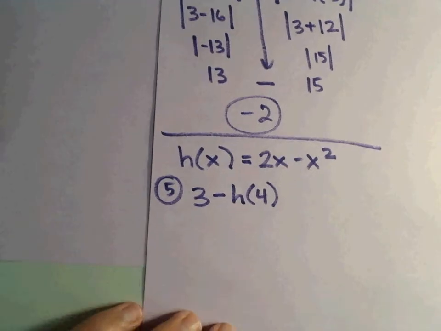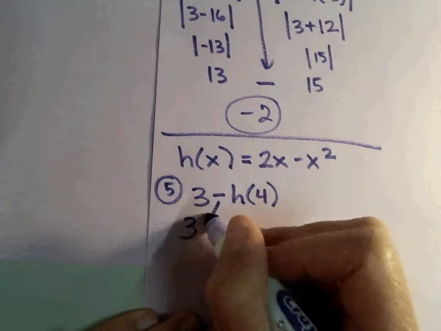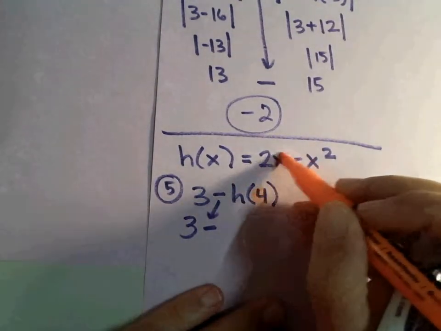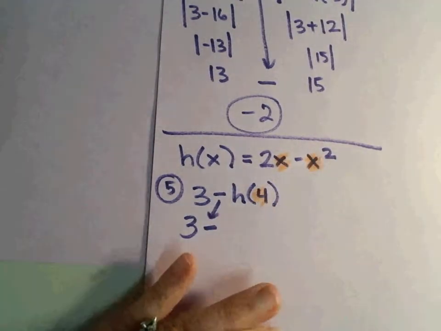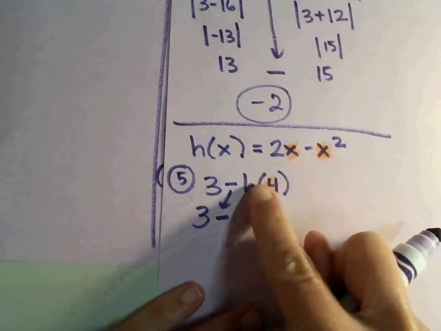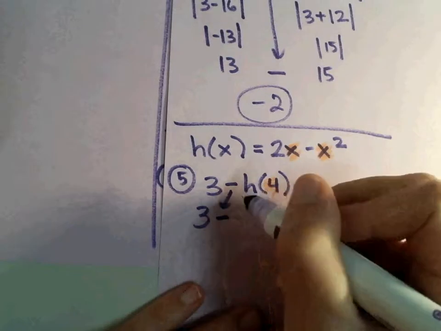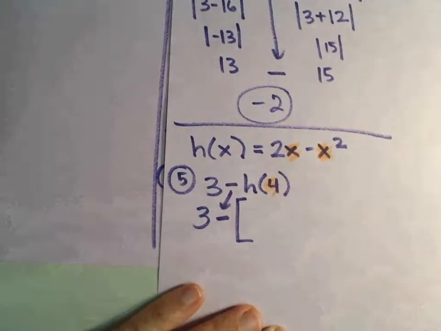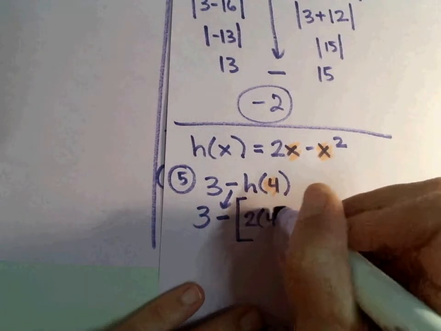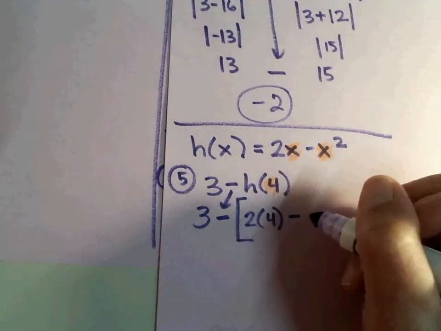So 3 minus, I'm putting a 4 in as my input now, so 4 is going in for my x's. Now, it's minus this whole function h of 4. So if you want to think about this as all one big thing, h of 4 means 2 times 4 minus